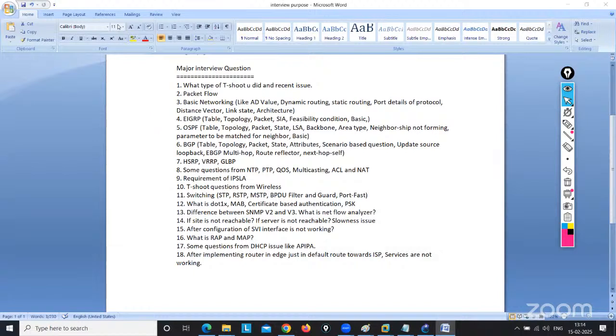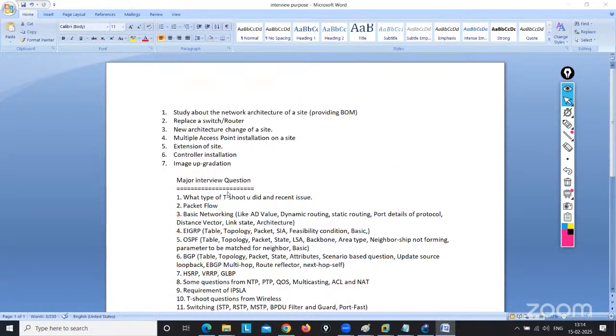In my class, suppose one or two topics are not there, but I need to highlight that they are not there. You can see, these are not in the anchor syllabus: multiple access point installation, new architecture change of a site, replacement of a switch or router. These are not in this syllabus at all. But if I simply cover the syllabus and you sit in an interview, you cannot crack it. Reason? A lot of people I have seen are still working at the L1 level after 5 years of experience, and after that they go for interviews at the CCNP level. Suppose I am an interviewer and I see CCNP written in your resume, so I will go directly in between L2 to L3.